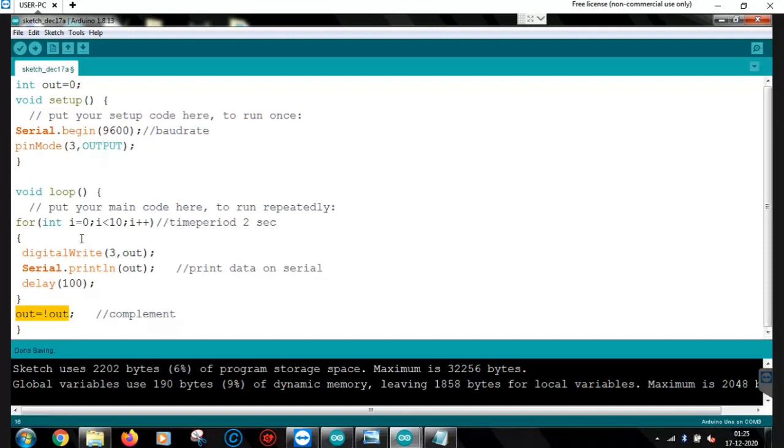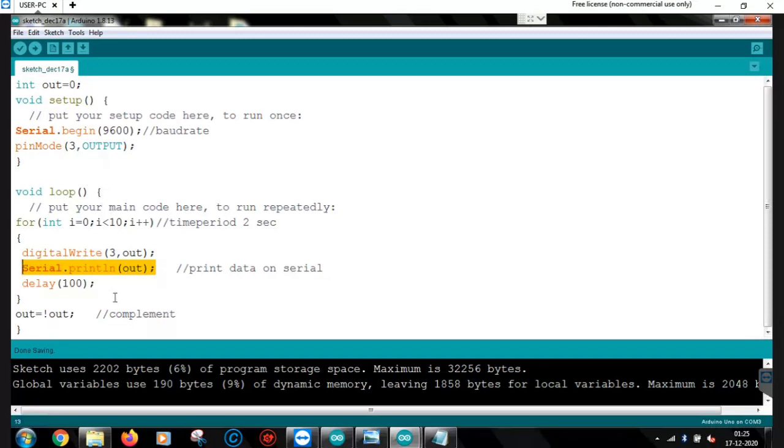So for those 10 iterations, the out will be 1. So this will write 1 to third pin of Arduino and on the serial as well. So for 10 iterations it will be 0, and for 10 iterations it will be 1, and this will be executed repeatedly.